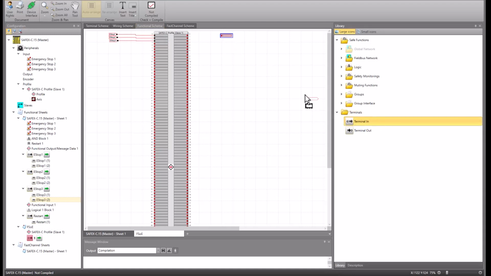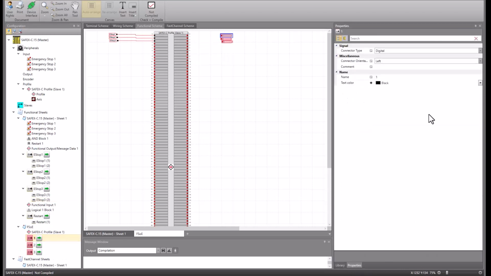For this I use now also here a few terminal ins. And I know that this signal comes from the FSoE slave. This is also a signal like emergency stop one.